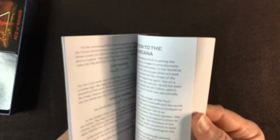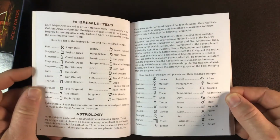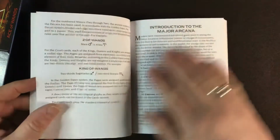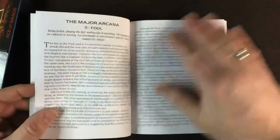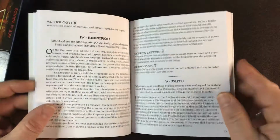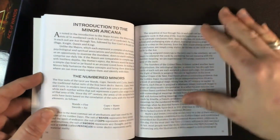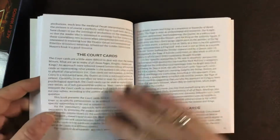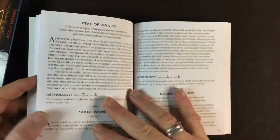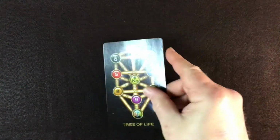And then we have the introduction. It does give some information about the Hebrew letters and astrology, and then information there. And then it does go into more detail with the major arcana. And let's go through to the minor arcana, the minor information there. Court cards. There is extra cards in this. So there's probably about a page or three-quarters of a page for each of the minors. One of the extra cards is the Tree of Life,